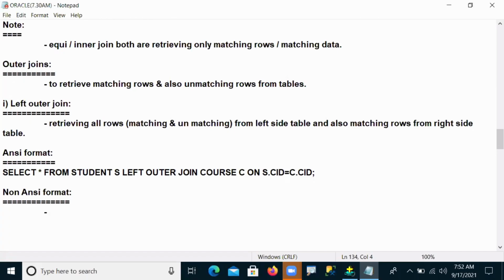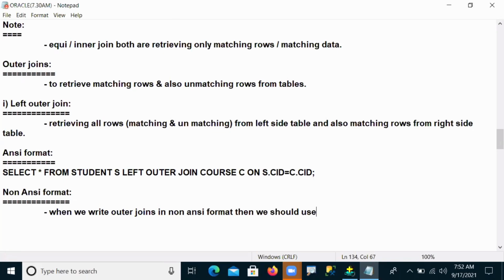So when we write outer joins in non-ANSI format, we should use a join operator.